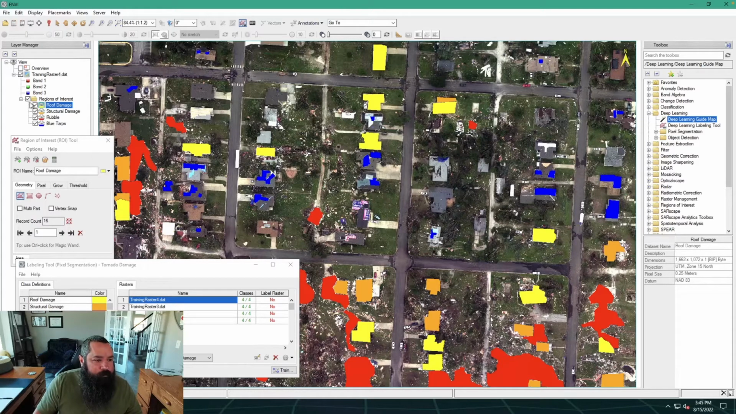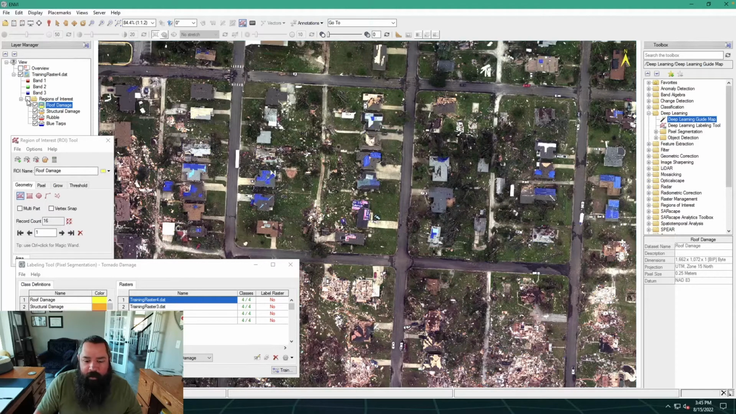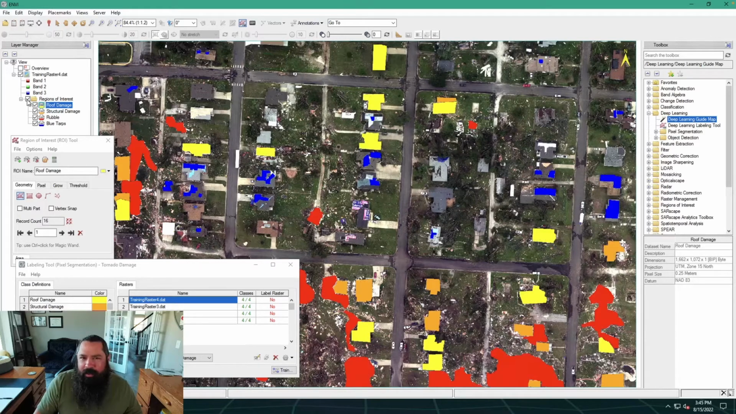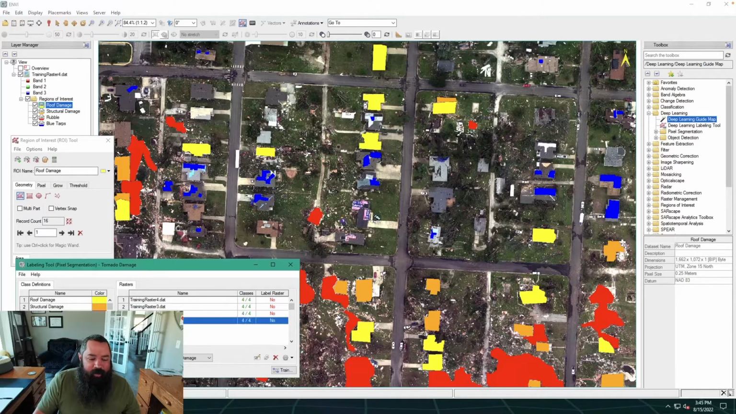Okay. I can turn the ROIs off, on. And it looks like a considerable amount of time has gone into labeling these classes with these 4 different training rasters. Now that we have each one of the images labeled, if I come back down and highlight training raster 1,